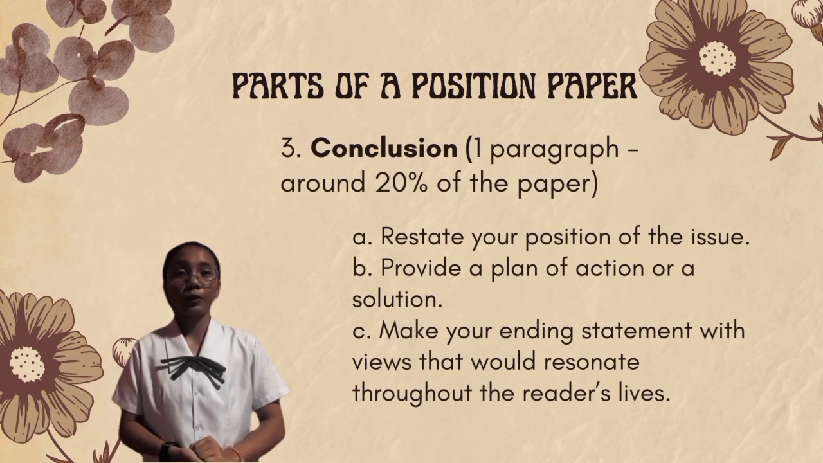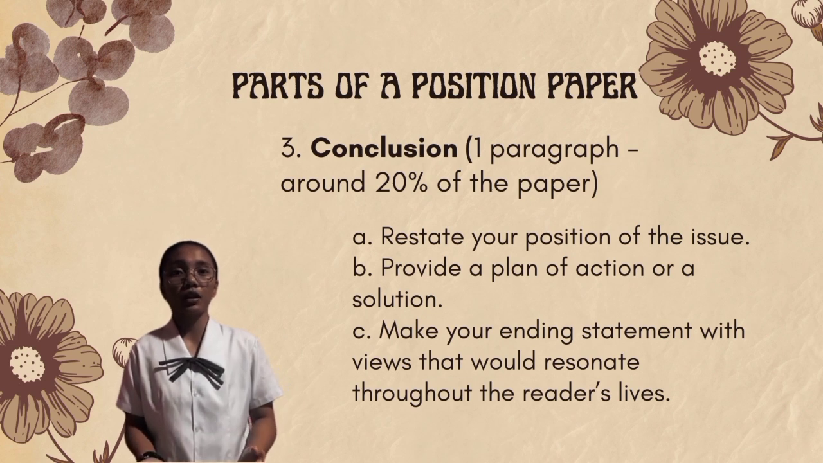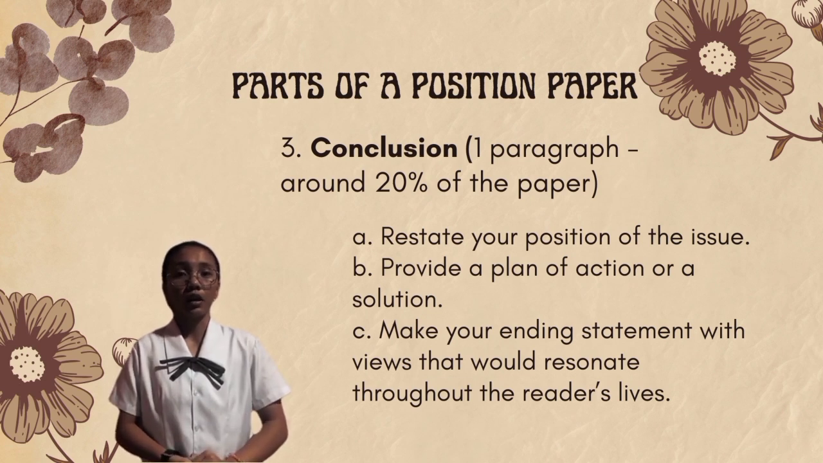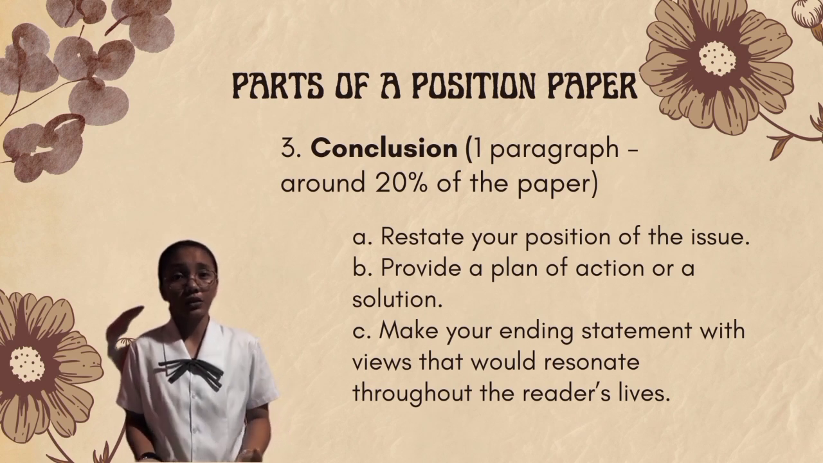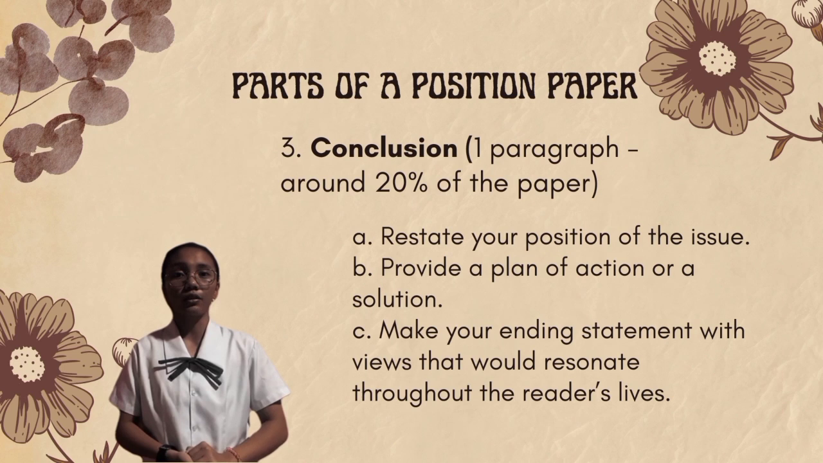In the conclusion of your position paper, you should restate your position on the issue and summarize your argument. Provide a plan of action and make sure that the ending statement will make a lasting impact on the readers. In writing this part of the position paper, you should always remember that the conclusion is your final chance to make a strong impression on your readers. Take the time to craft a well-written and impactful conclusion that leaves them with a clear understanding of your position